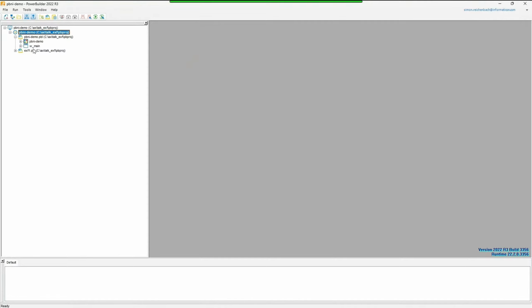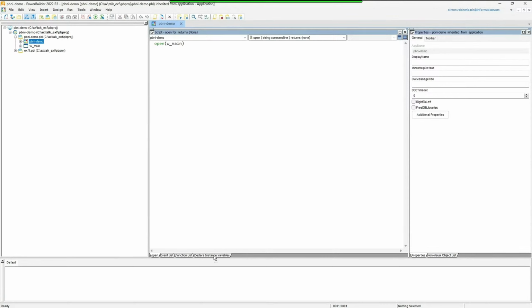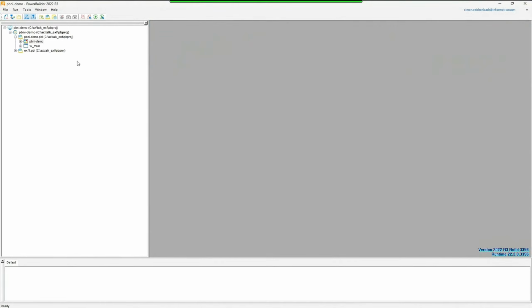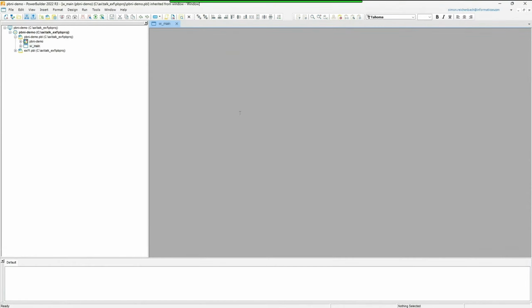And now if we patch the exception framework, we also have to declare a global variable, the GU_E. We do that in the application object, and we have to instantiate it. So the exception framework is patched now, but we want to use it in our code. So we go to our code,